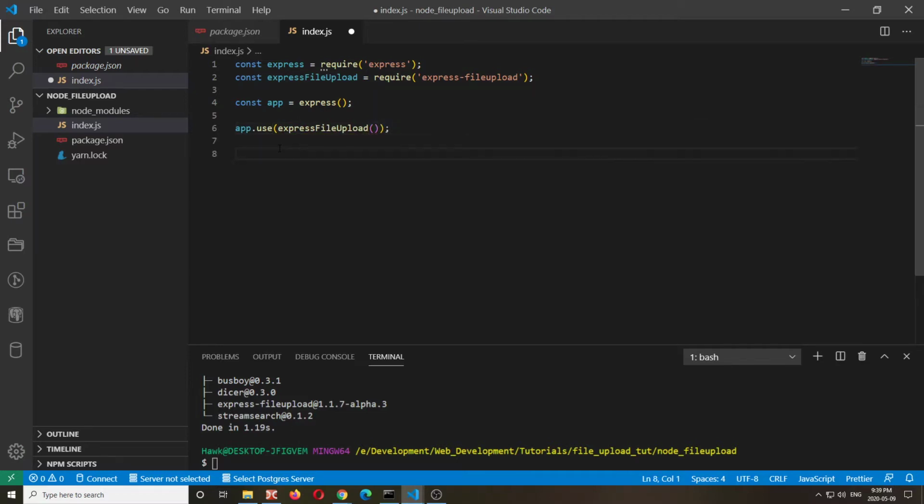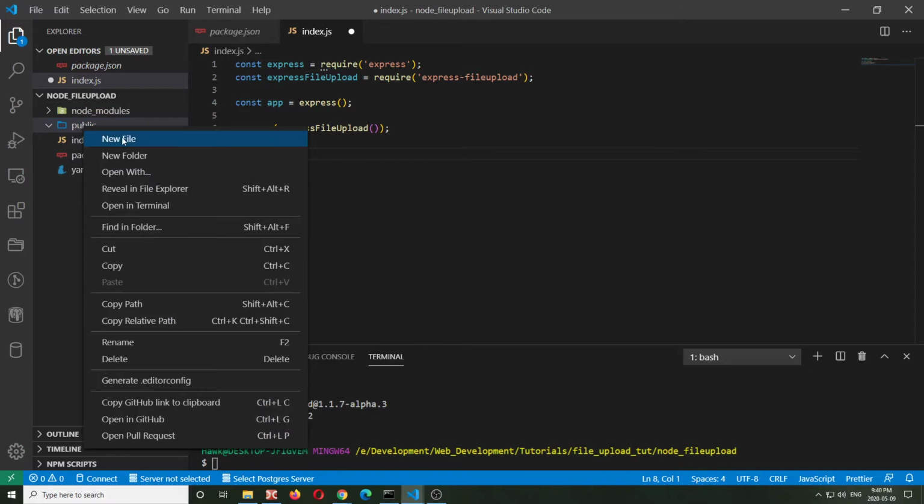Now there is one thing that we are going to use as well, and that is static folders. I'm going to create a folder here, and I'm going to call it public, and that folder will contain our index.html. So you have actually a full stack application that will send you the needed HTML file once you call the URL. So I'm going to create a file here, and I'm going to